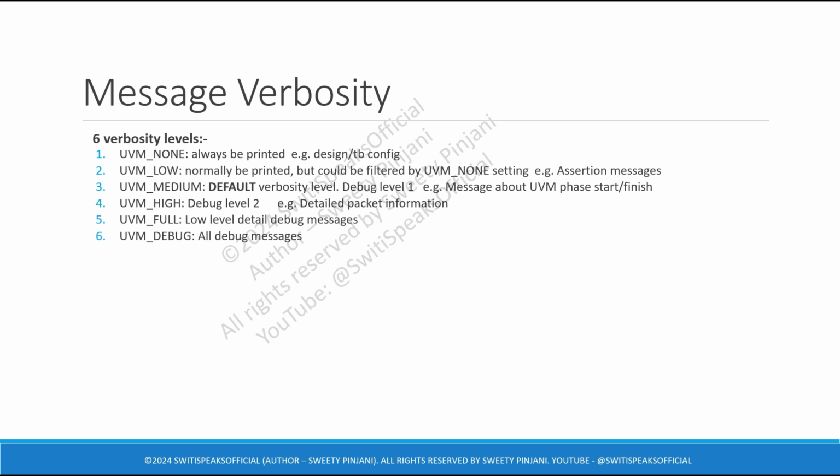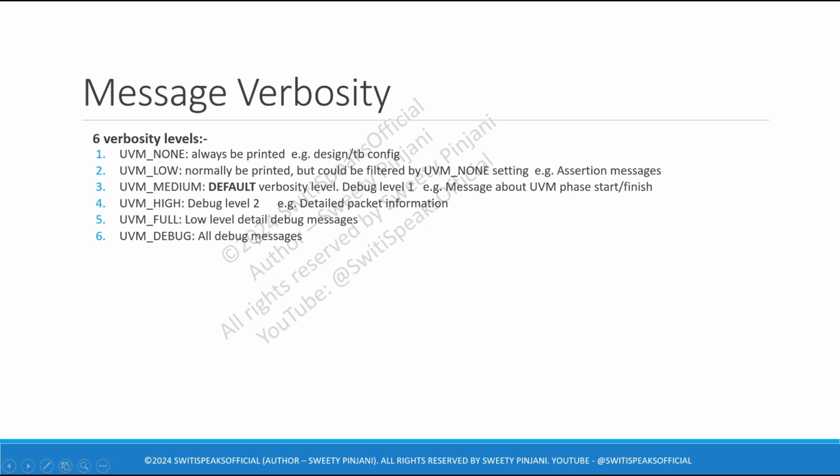Now you will say, why not print all the messages? Why should I even set my verbosity to these five? Why not this? The main disadvantage of setting your verbosity to UVM debug, which displays all the messages, is that it makes your simulation very, very slow. The more messages you print, the slower your simulation is.